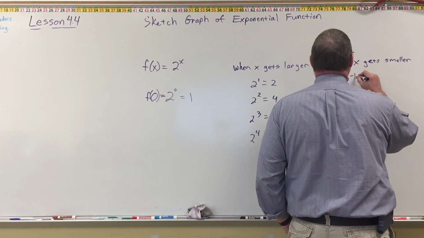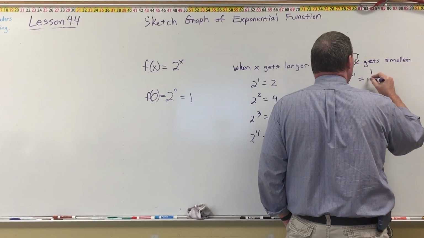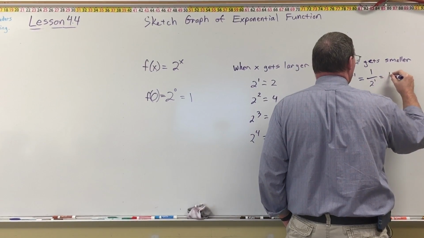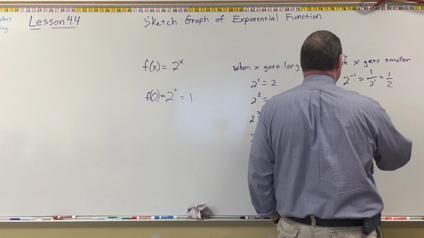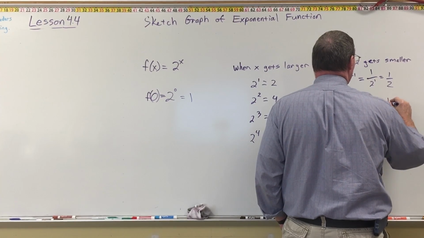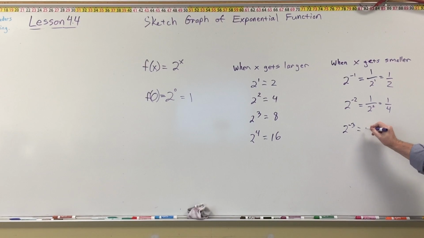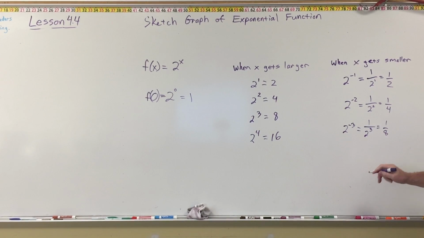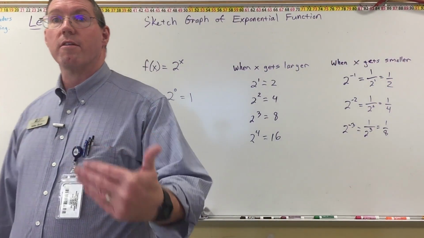So 2 to the -1 power, if you recall, is 1 over 2 to the first power, which is 1/2. Right? And then 2 to the -2 power is 1 over 2 squared, which is 1/4. 2 to the -3 power is 1 over 2 to the third power, which is 1/8. And then it'll become 1/16, 1/32, 1/64,